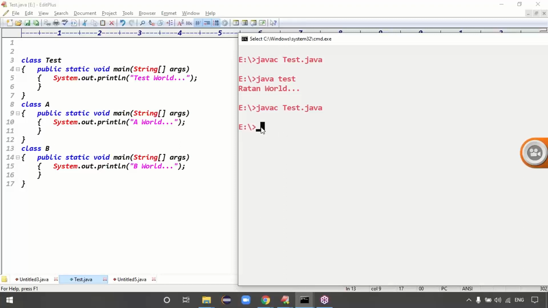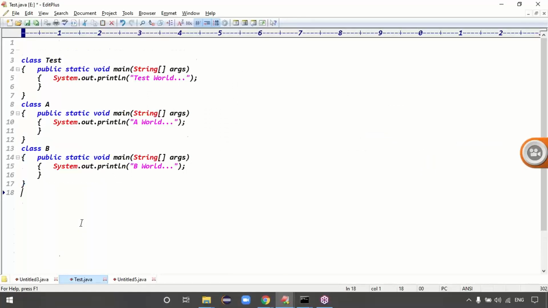Three class files. If I execute the Test class, the Test class is loaded and the Test class main executes, right? If I execute A, the A class is loaded and the A class main executes. If I execute B, the B class is loaded and the B class main executes. Exactly, guys. Then what is the conclusion here?